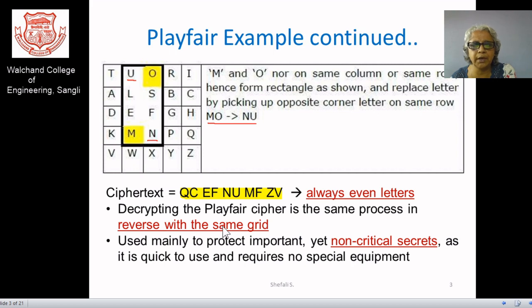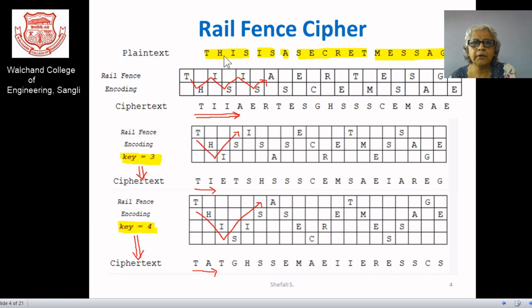What operations we made, we need to go for the reverse operation. So actually it is giving us slightly higher security. We need to go for the protection of the important data. Actually, not so critical or not so very important data we can use with this particular Playfair cipher.